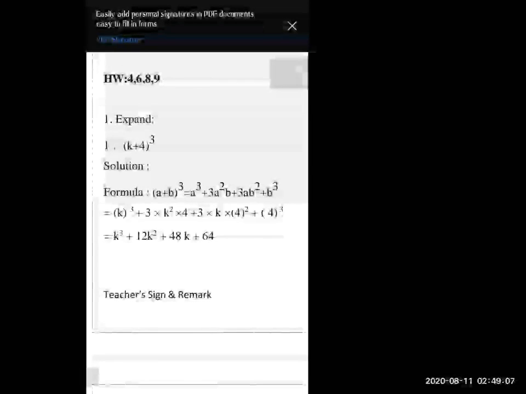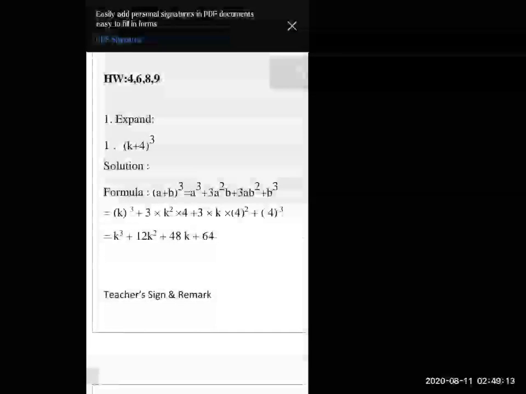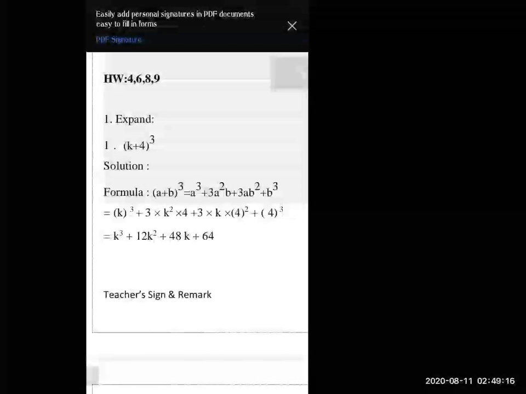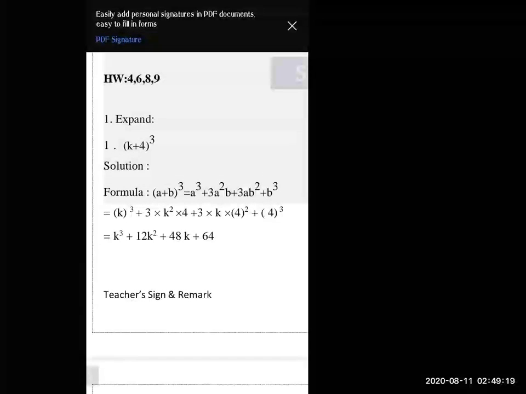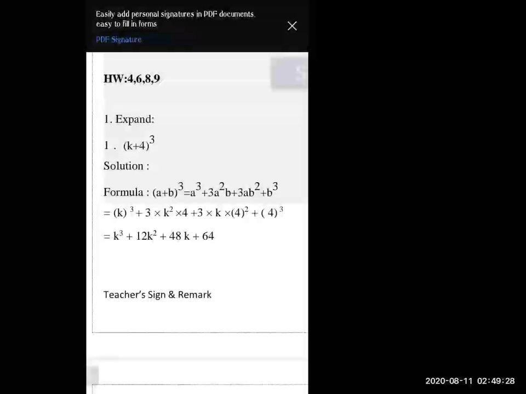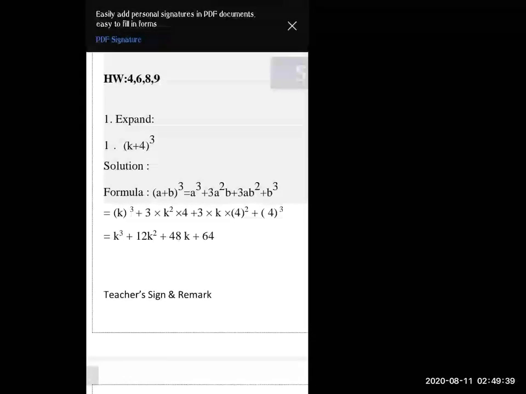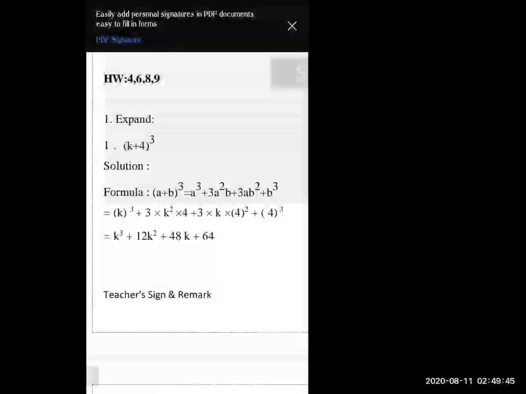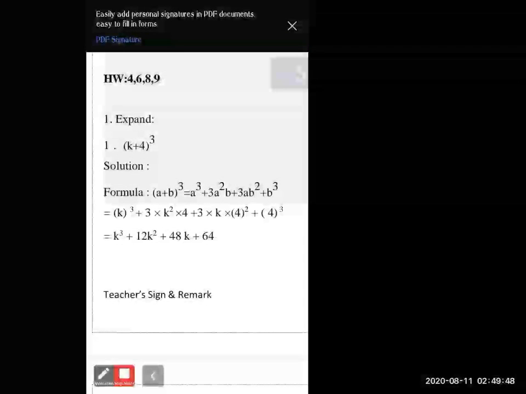Now here k plus 4 the whole cube means the formula which we have learned now only, that is a plus b the whole cube. Now the answer was a plus b the whole cube equal to a cube plus 3a square b plus 3ab square plus b cube. Now see here students, before starting the sums, I have yesterday only told you, you have to write first the formula. Formula लिखने के बाद ही you have to write the steps. So here, first you will write the formula, that is a plus b the whole cube. All the formula you will write. Next you will assume k as a and 4 as b. Now see students, I will explain you.